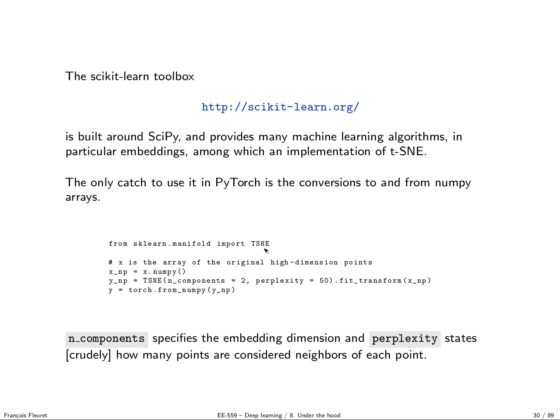Now if the X tensor contains the original x's, so it's a 2D tensor with as many rows as you have samples and as many columns as you have dimensions in the original space, you first convert this tensor to a NumPy array with a NumPy method, and then you call TSNE, telling it as argument the number of dimensions in your arriving space, the projecting space. So here I want only 2 dimensions.